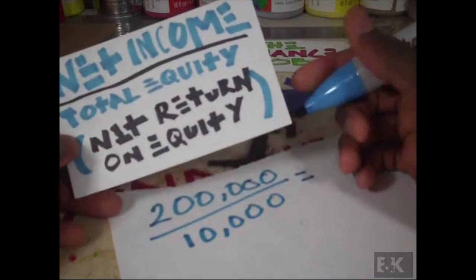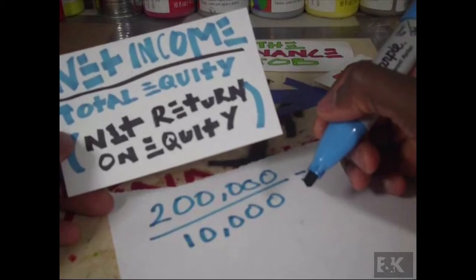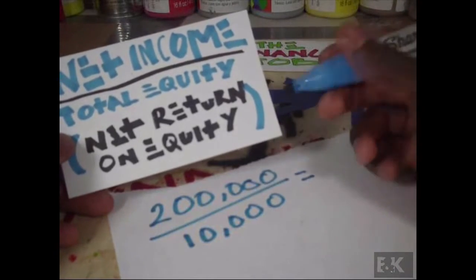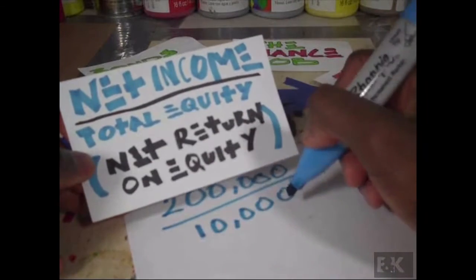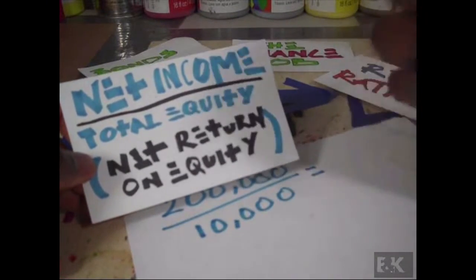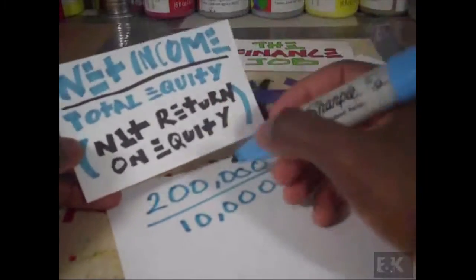So that's it. How much money am I getting to put in my pocket as a result of sacrificing my own blood, sweat, and tears for this company? So my blood, sweat, and tears is my own money, money that I have a claim to. I don't owe anyone this money. This is my money, and I'm using it to run this business. How much am I able to put in my pocket at the end of the day? In this ratio,